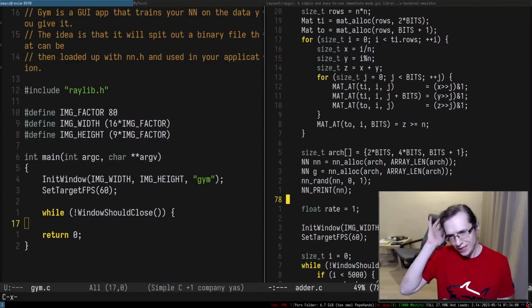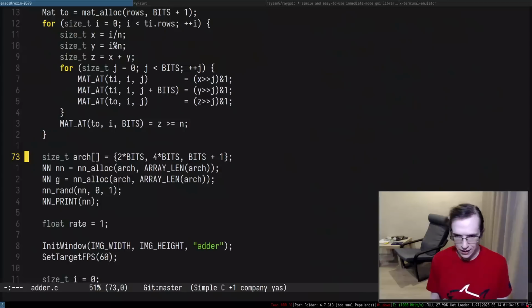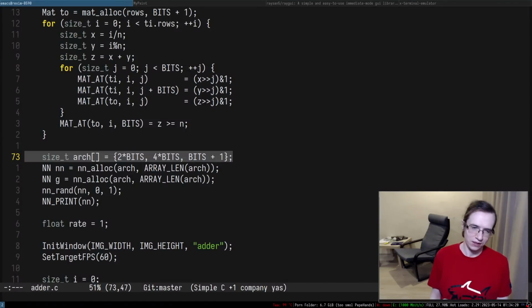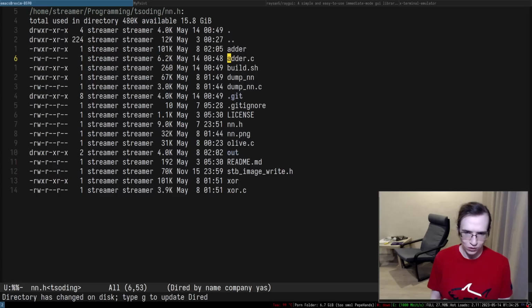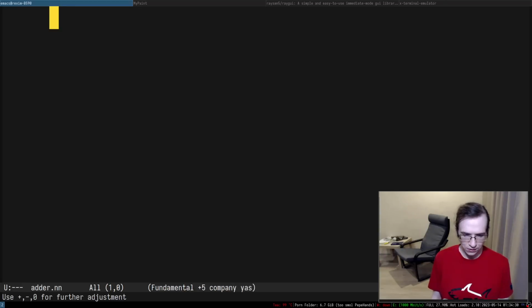Right, so we need to come up with the format on how to describe the architecture of the neural network. The thing about the architecture of a neural network, at least right now, is that it's just a sequence of numbers. It's a sequence of integers, I would even say, right? If you know what I mean. Right, so essentially we could say that we have an adder, right, and let's call it adder.nn or something like that. And so we could say that you have like a 4